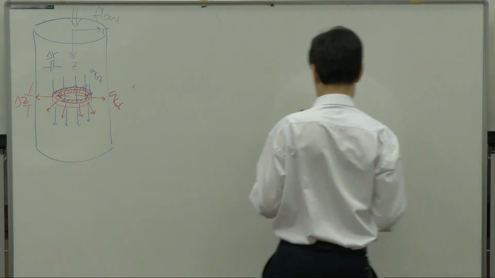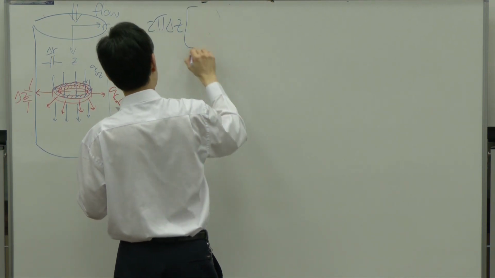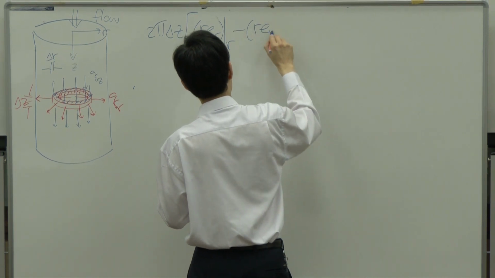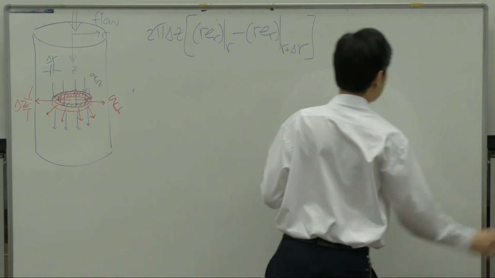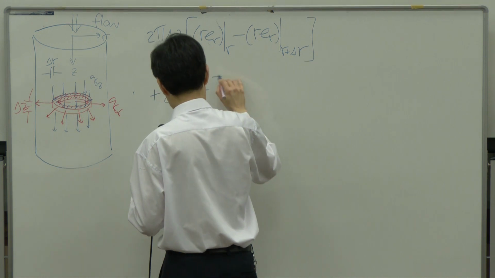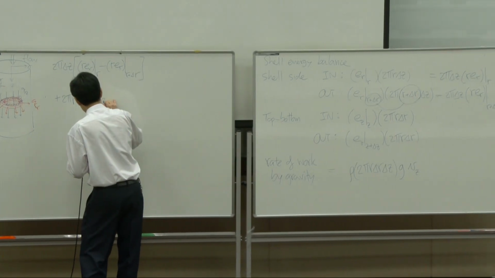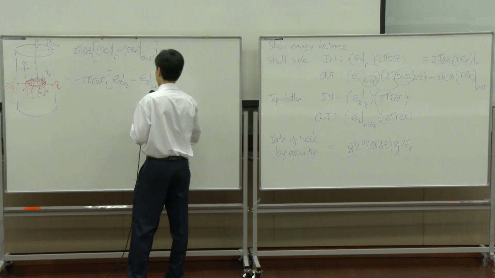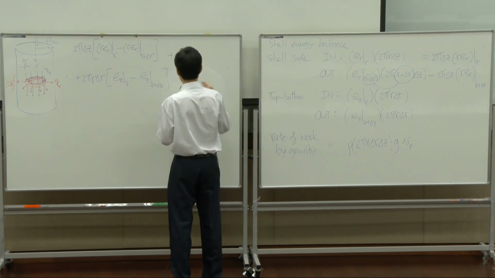So for the first two terms, you have 2 pi delta z r er at r, subtracted by r er at r plus delta r. The second pair is basically 2 pi r delta r, Ez at z minus Ez at z plus delta z. Okay, so this is in minus out for both directions, and then added by the work by gravity, which is